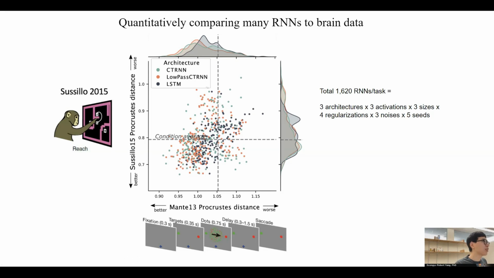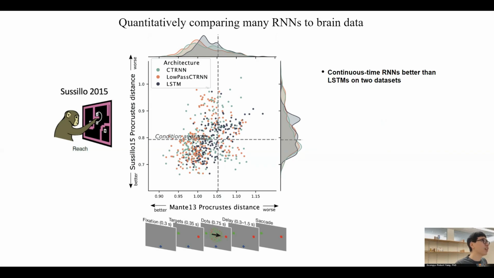And there are many things. There are 4 things that we found in this pilot analysis. And all the networks I'm showing you also have task performance above a threshold. So they all perform the task similarly well. What we find is that, one, these continuous time RNNs, these are networks that are more biologically grounded, are actually better than the machine learning ones, although